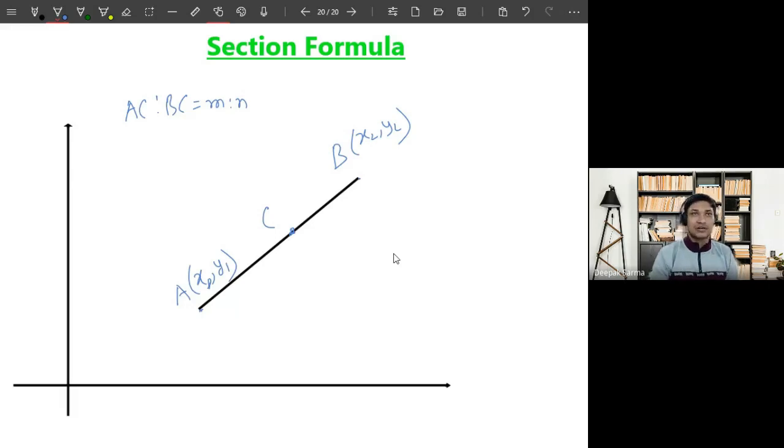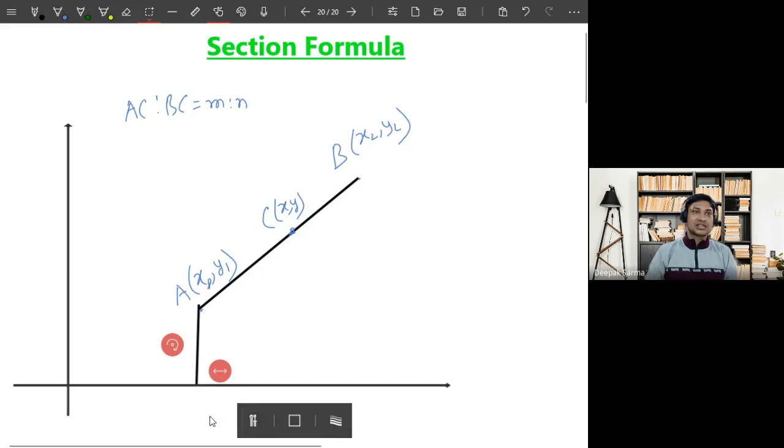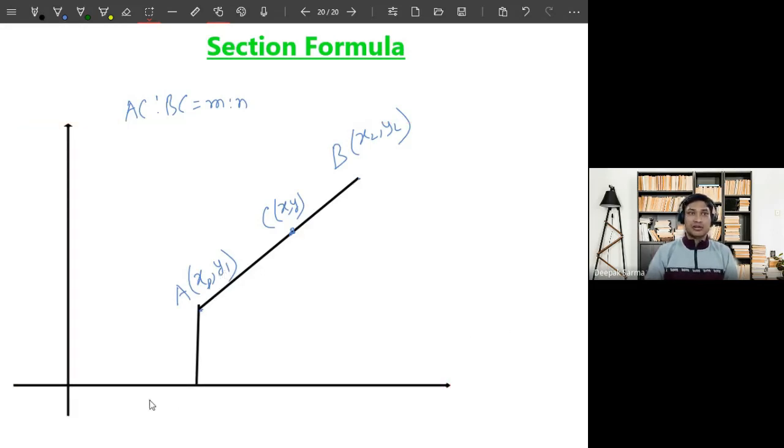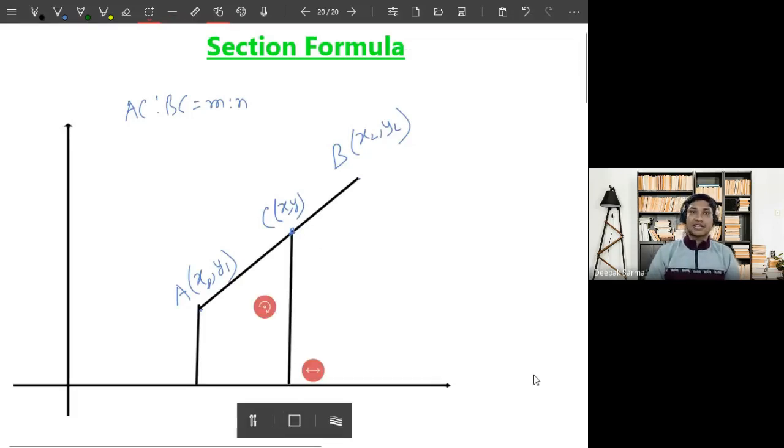Now, as C is unknown, what are we going to do? We will assume that the coordinate of C is some x, y. That's what we can do. Now, as before, we know what we mean by the point x, y. We can draw some line and you can understand the meaning. If I draw this particular line, we know some meaning: what is x1, what is y1, from these two lines we can find it. Similarly, if I draw another line, in terms of this line, somehow we can find what is x and what is y.